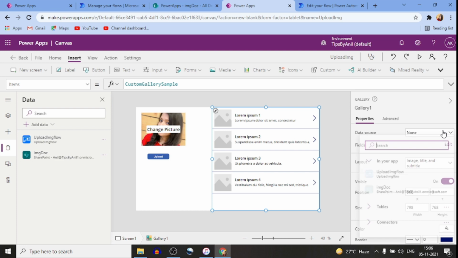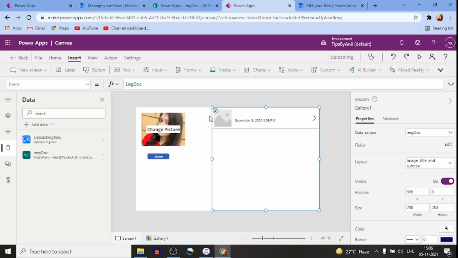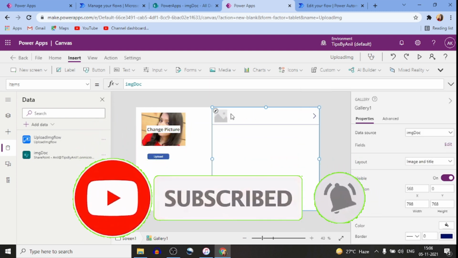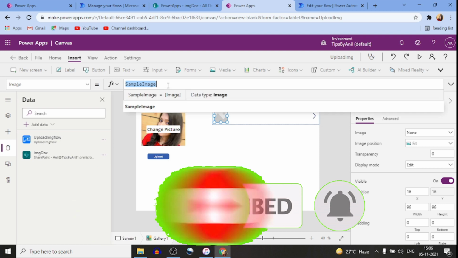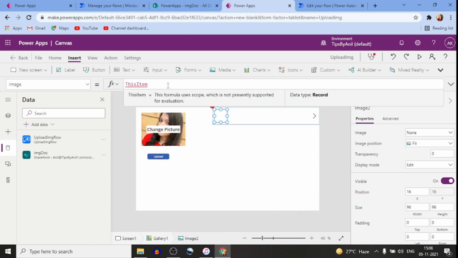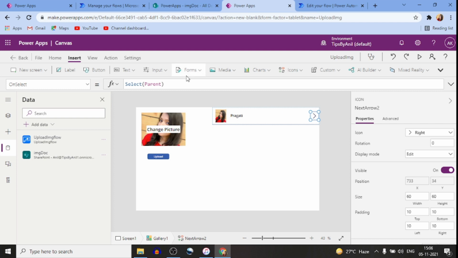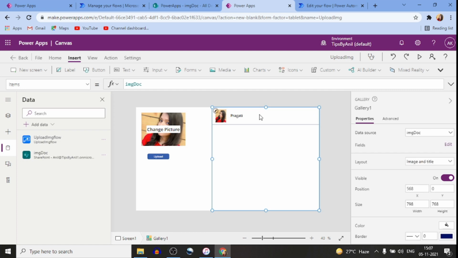I will choose my data source as image doc. The image will be this item dot thumbnail dot medium, and the title will be name.